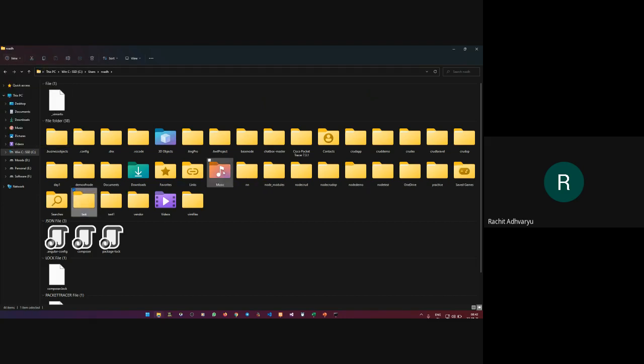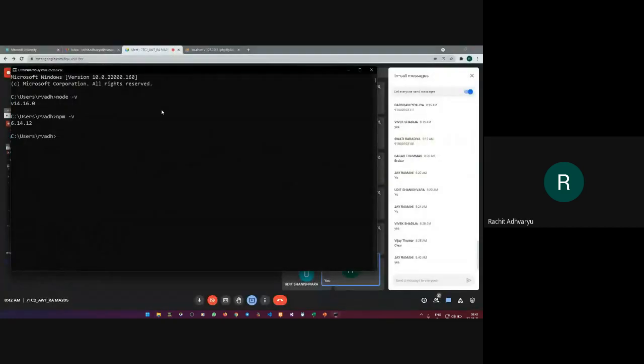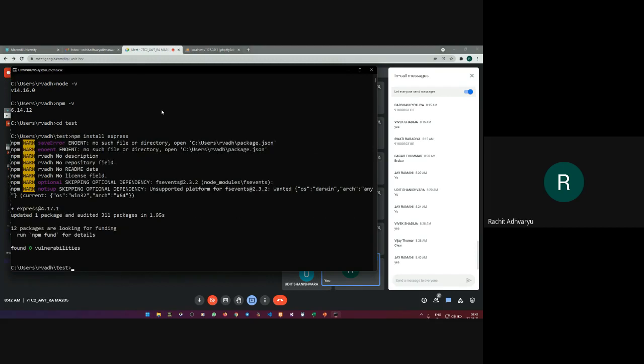If it does not exist, yeah, it is there. So now I'll go cd test. This is the folder. And then I need to write npm install express. I'm only installing the express server, nothing else. I'll just hit enter. Let it get executed, and in a few seconds your express server will be created.